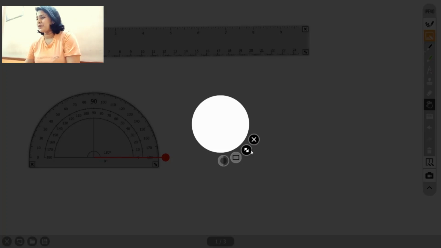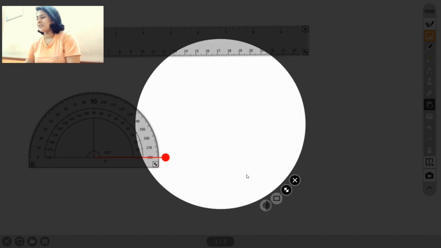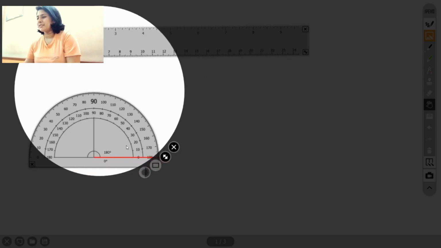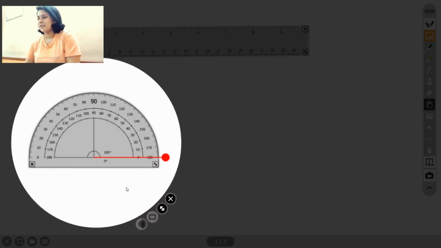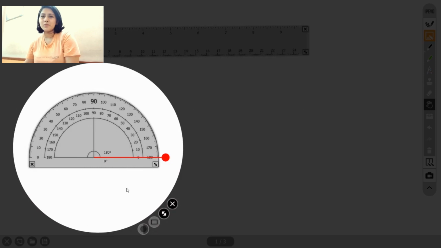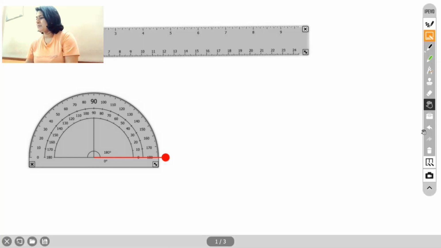You have a focus tool also. If you want to focus on something on the screen, like you can move it. Like I have this thing and I want to focus. This focus tool is basically a spotlight. You see people performing on stage and there's a spotlight over them. So this is a spotlight tool here. You can just close it or resize it. So let's close it. Yeah, so these are the tools out here.